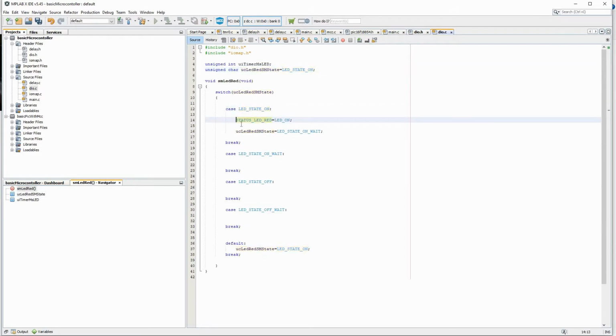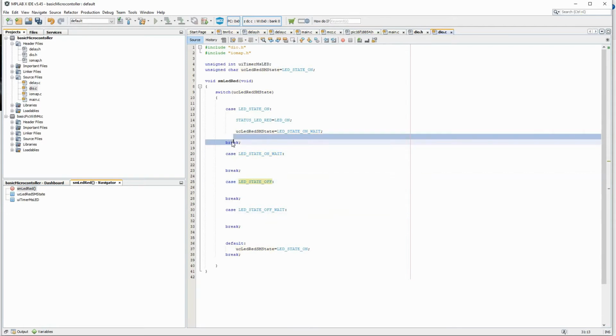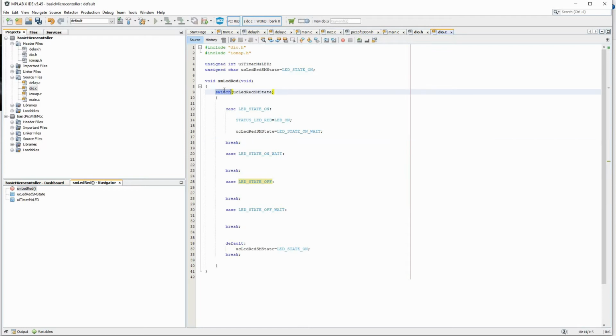So if there is no statement here, whenever you call this function, the switch statement, it will always keep coming here. So now after turning on the LED, I am changing the state to wait. So next time, once it does this, changes the state and breaks, it will go out. It's not that it will continue here, okay? It will break out of this. So next time you call this LED, it will come to this state. You have to remember that it does not do this and this and this all together in one flow. Once it hits the break statement, it will exit this switch case.